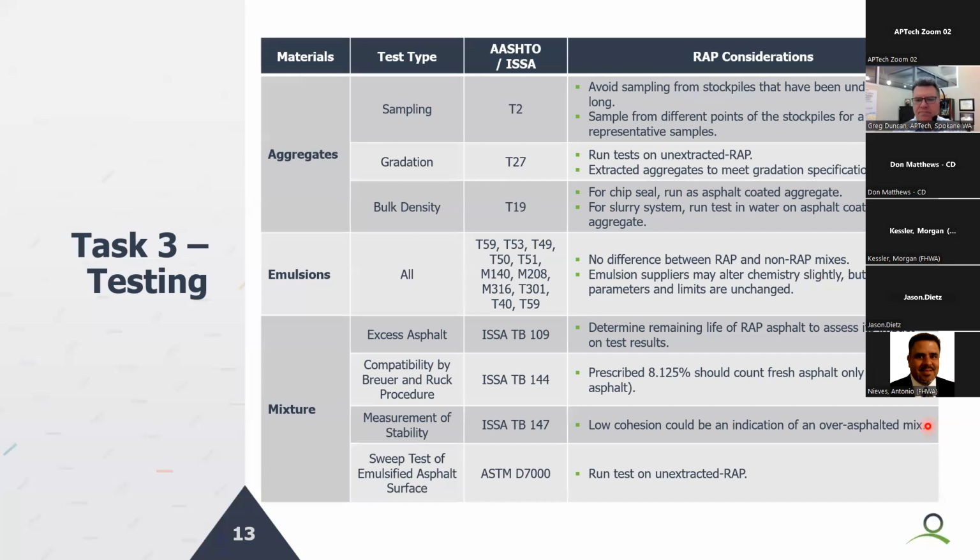So that will be described. The measurement of stability, low cohesion could be an indication of an over-asphalted mix. So that's something we worried about when we're putting in aggregate with RAP already on it. And if you remember from the first project, we're typically seeing in slurry systems 1 to 2% less asphalt emulsion going into the